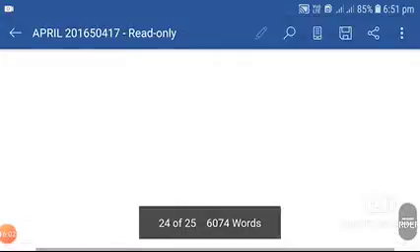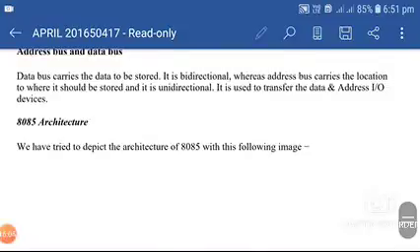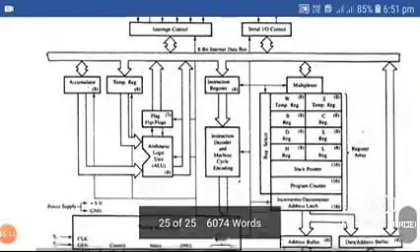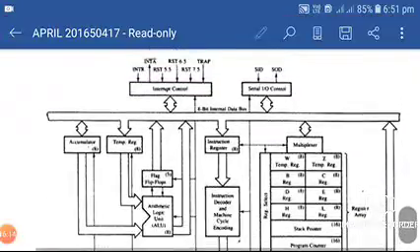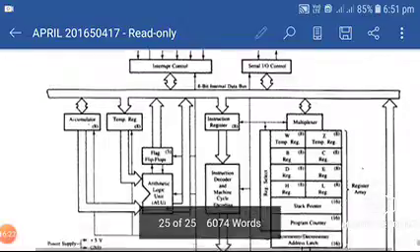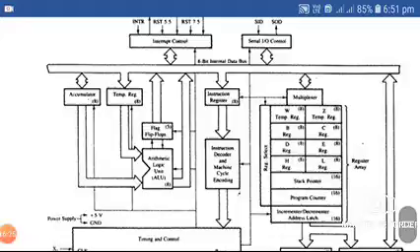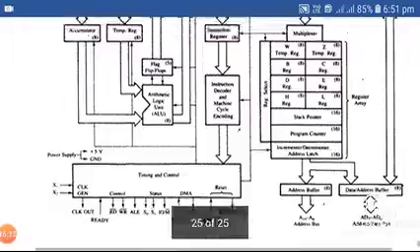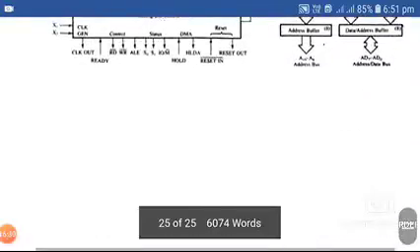So next is the diagrammatic representation of the 8085 architecture. The diagram is shown below. It has different cells where you can find the different interrupt signals, 8-bit internal data bus, accumulator, temporary registers, flag flip-flops, instruction register, arithmetic logic unit, instruction decoder and machine cycle encoding, multiplexer, timing and control, address buffer, data or address buffer. So these are all the components you can find in the 8085 architectural diagram.